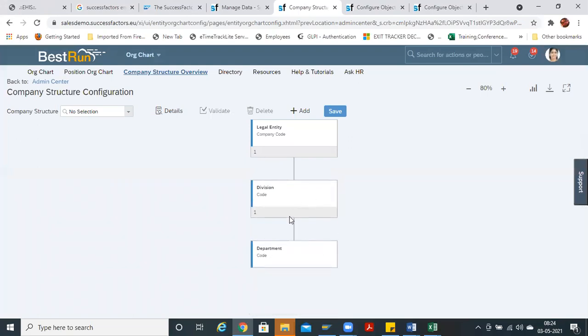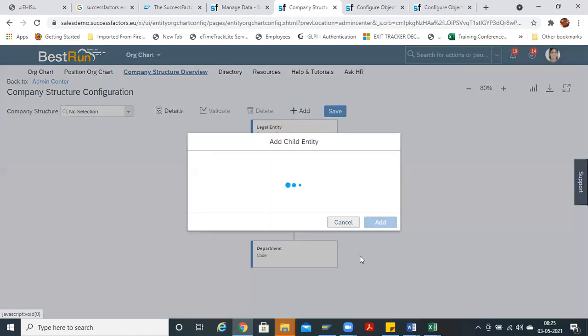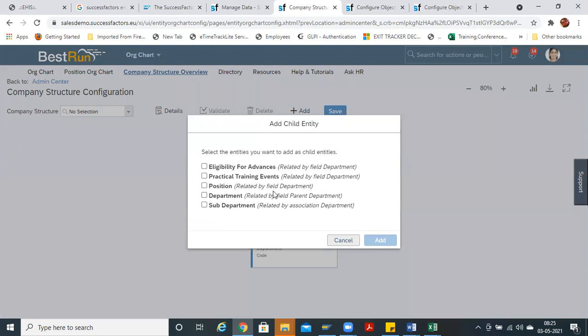This is just we are configuring the org structure. You will be viewing org chart, right? How the org chart should be viewed by the individual employees. We are just configuring that org structure overview. We have already done configuration of customizing MDF objects and assigning the relationships, which is nothing but associations between object to object. Now we are configuring the view structure of organizational unit. So again, department is associated with sub department. See, whatever the association we are maintaining here, it is showing like this.